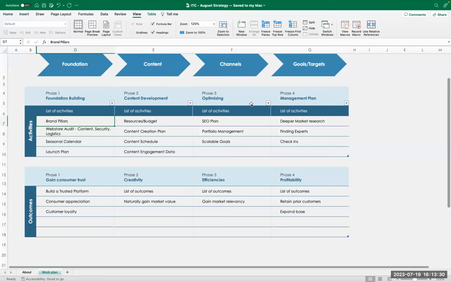So you're going to get the data, and the data is going to show you a number of paths, right? But you have to choose the right path that's going to get you to the better outcomes. So what are some scalable goals that you can set after you're confident you have the foundation of a good platform, you have the content development ready, you know what type of content is going to come out, you're going to build your creativity to have new ideas. Now you're optimizing, you're making it work, you're using the things that work, and the outcome in this phase is that you really get